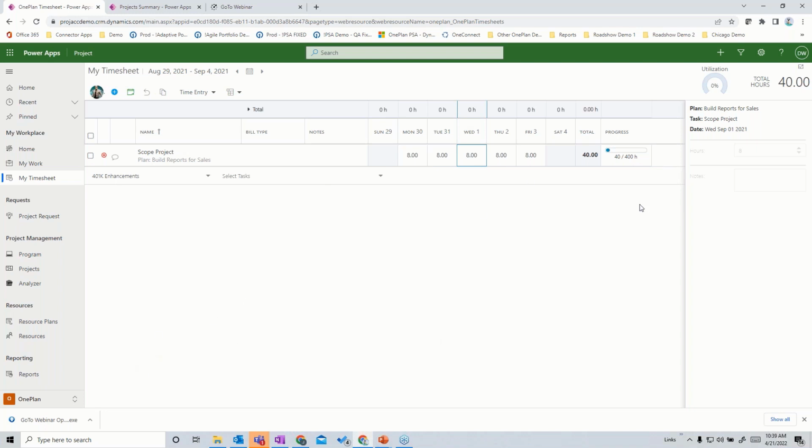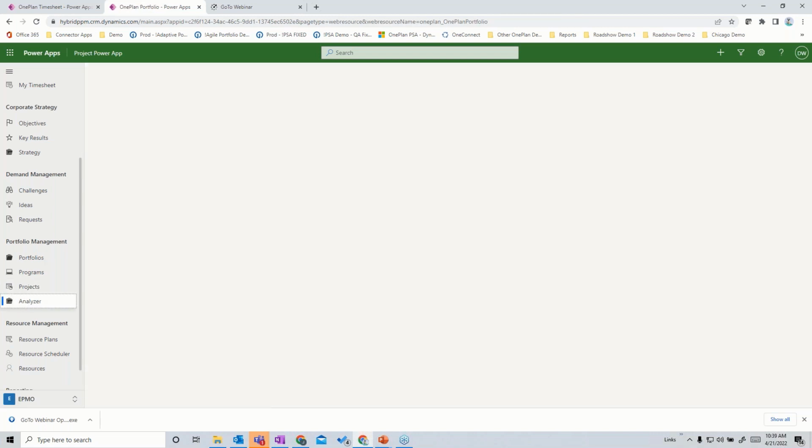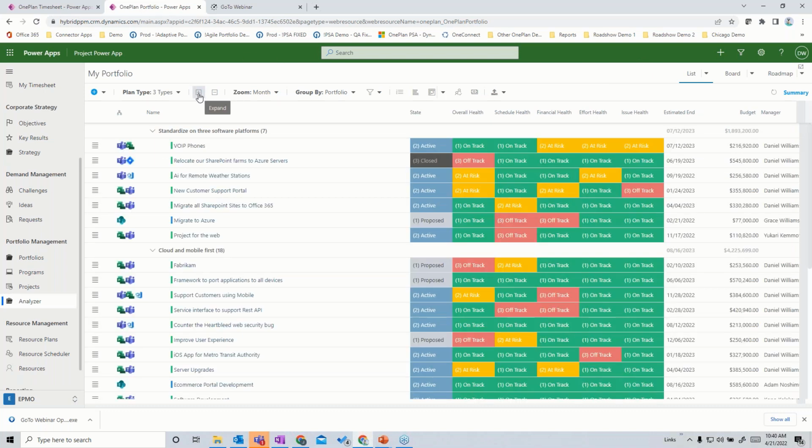Now, the last piece I'm going to talk about regarding the additions that OnePlan brings to the mix is the ability to come into something like this and go into the analyzer. And the first example I showed you had nothing but project for the web plans in it. Well, in this work the way you want and with the tools you want, the power of choice message, which is part of Microsoft's vision, the idea of being able to go into a portfolio and instead of just having project for the web as the source showing up in here, notice I've got now a portfolio that's doing a number of things. I have a portfolio that is showing a plan that's using Project Professional on the desktop and